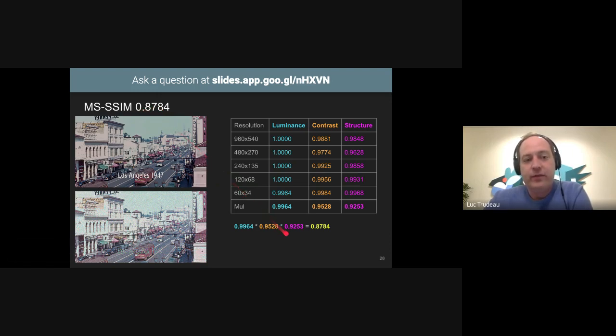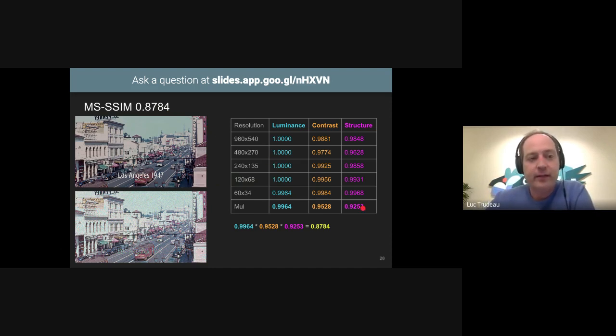We've seen this before. This is just a multiplication of a bunch of different ratios from 0 to 1. It is not a percentage, and it's not even a linear scale. So you can't say that if something is 0.5, then it's twice as bad as something that was 1.0. Just keep that in mind. These scores aren't on a linear scale, and we can't interpret them like percentages, even though a lot of people will do that.